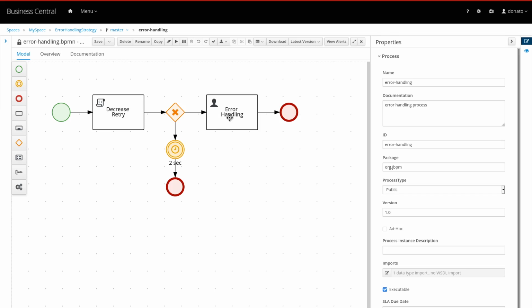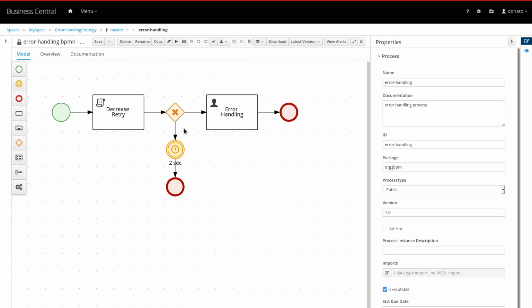So basically, we raise a human task for a user that will decide how to proceed with this error and what to do on the main process. In this case, we have modeled two options. The user can retry again, or he can decide to complete the activity and provide the result in place of the